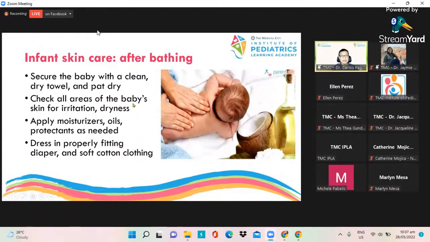What are we checking? First, the scalp. Then let's check behind the ears. Yung nape, yung batok ng bata, yung leeg, yung kilikili, yung singit, lahat po ng mga areas na usually hindi po natin chine-check. Let us try and check it. And pag makita na po natin na, let's say there's some dryness, then of course we will need to apply the oils.